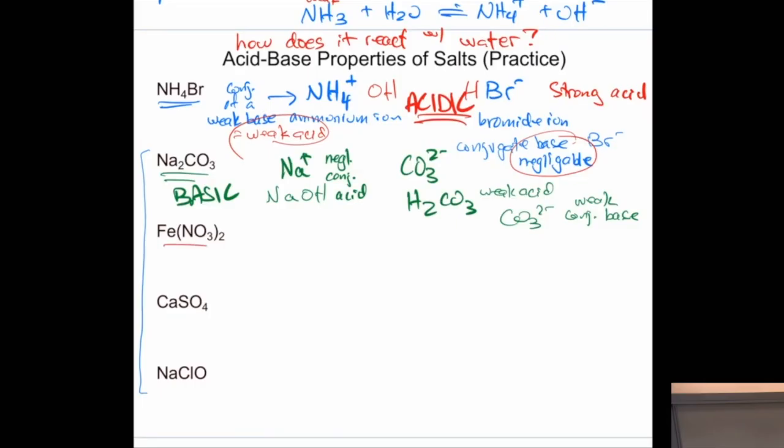Is that iron 3 nitrate or iron 2 nitrate? Iron 2 nitrate. So that's going to give us iron 2 plus and nitrate ions. When we stick the iron 2 plus with OH minus, what does that give us? Iron 2 hydroxide. Is that a strong base or a weak base? How do you know it's weak? Because it's a transition metal. It's not a group 1 or group 2 metal. Okay? So this is a weak base,